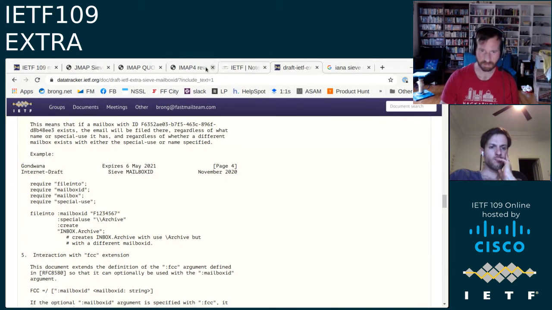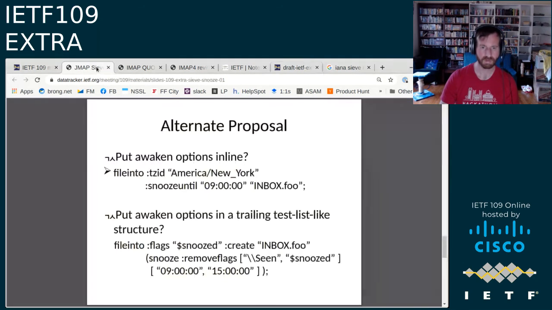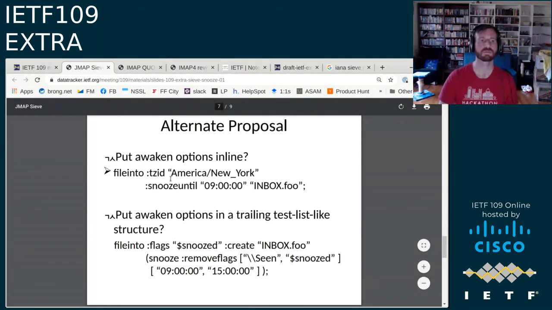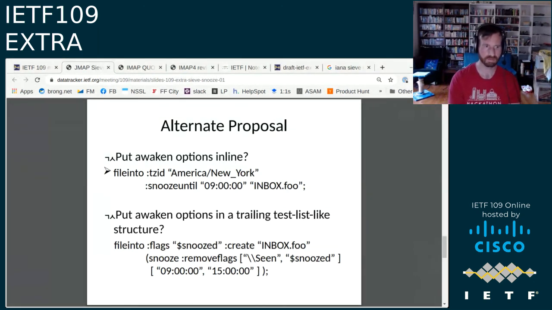Ned, I know you've implemented a lot of the Sieve stuff. Do you have any strong opinions on whether to make this its own separate action or to roll it into keep and file into? I don't have a strong opinion. No, I really don't. There are arguments either way. I am a little concerned about using tricky syntax to do things.